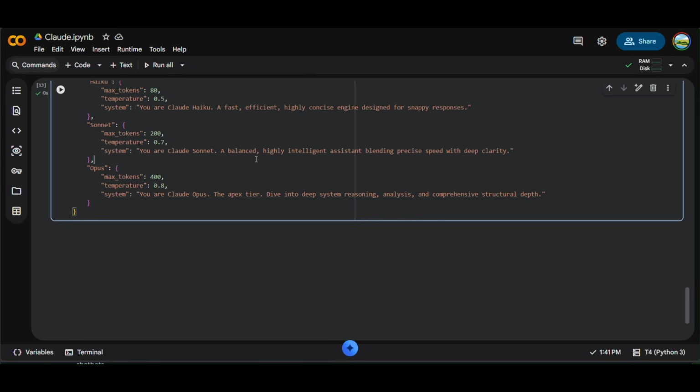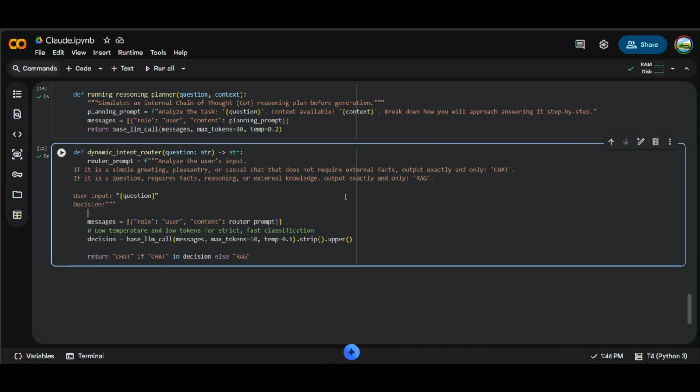And at this point, the individual pieces are starting to come together. But I still need a way to decide how the system should respond to different types of questions. And that's where things get interesting. One thing I didn't want was for every single message to go through the entire pipeline. Because let's be honest, if someone says hi, I don't need retrieval, I don't need reasoning, and I definitely don't need a self critic loop.